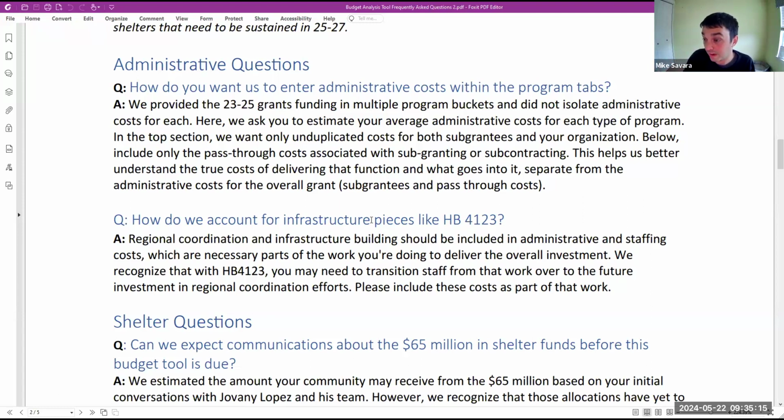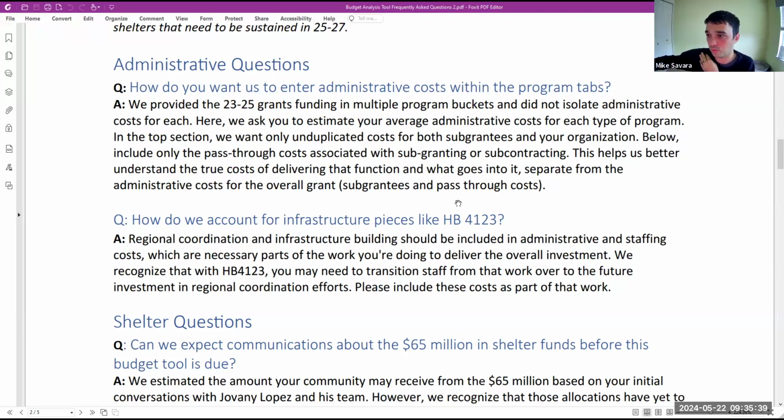So we want to make sure you have what you need as far as doing that engagement work, as far as having those expectations of how the grants are functioning and what the work looks like. So please include those in your administrative costs when you're thinking about the overall costs that you'll need. Positions currently supported through House Bill 4123 may eventually need to switch over to a different fund source. And this fund source could easily be a direct link to that work,